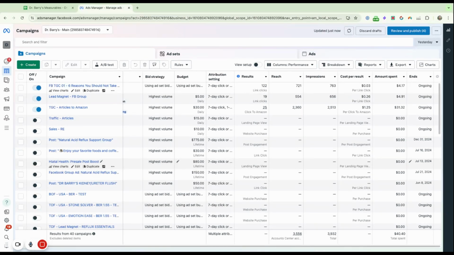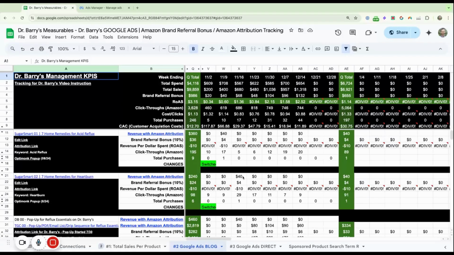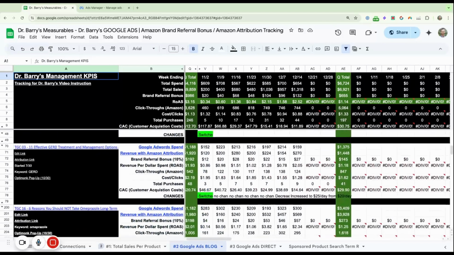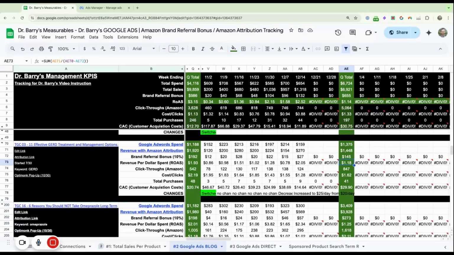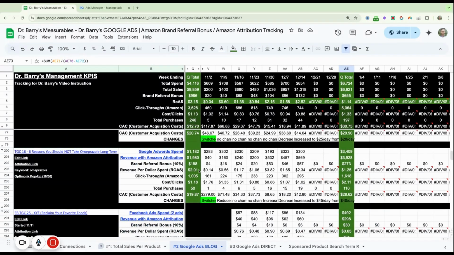Now, with that being said, focus on your Google ads first. The reason we focus on the Google ads first is because we're looking for winning messaging. We're looking for articles that are meeting our target ROAS, like this one right here. So 1.18 ROAS is right at our target. That's exactly what we want to hit. And then this other one is at a 1.25, right at our target ROAS. And so we know those are winning articles. The messaging is right. And we want to now try Facebook to it.